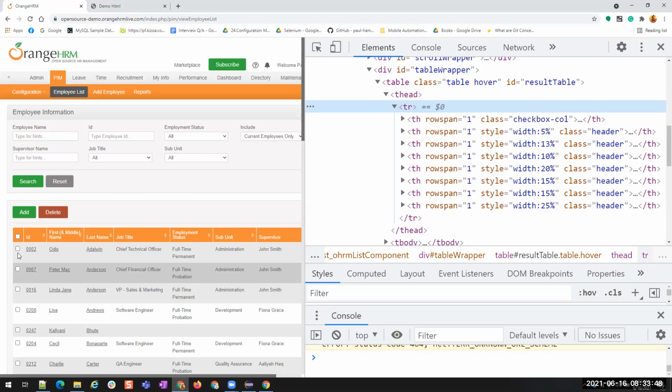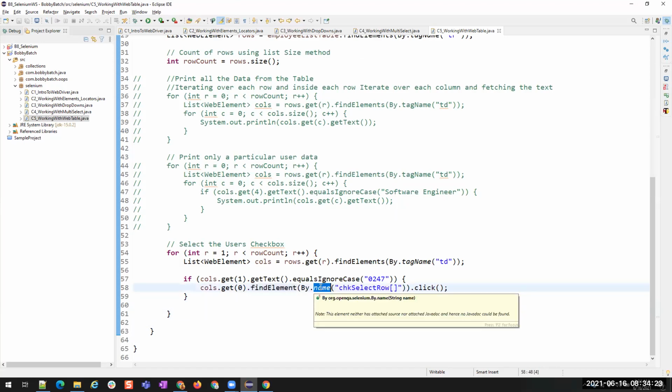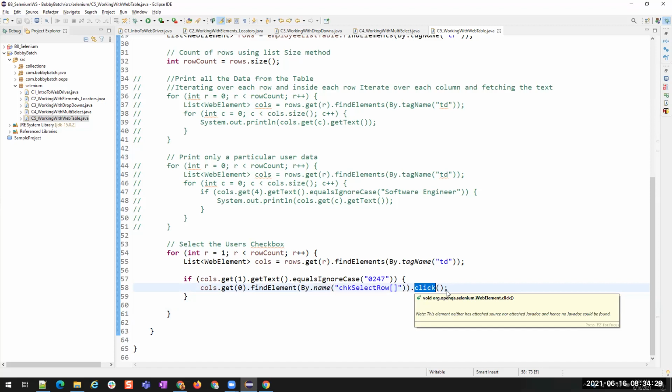See, here we have only one checkbox. In some tables, you might have two things here, like links, edit and delete, right? Have you ever seen such kind of tables? Edit, delete icons directly instead of the checkboxes. So there might be a number of elements inside this column. That's the reason we are finding that particular element inside that column again. Inside that column, we are finding the element that we want to perform the operation on. That is our checkbox. We found that checkbox using its name, and the operation is common. We want to select it, so we clicked on it. That's all.